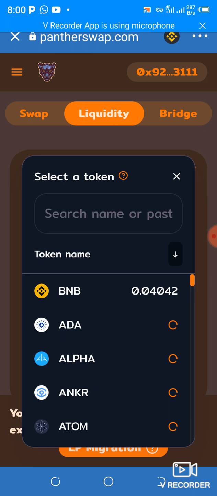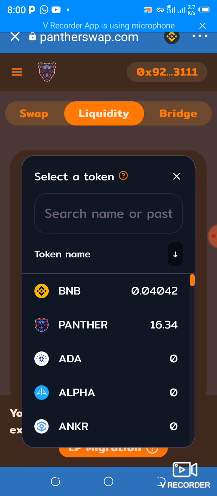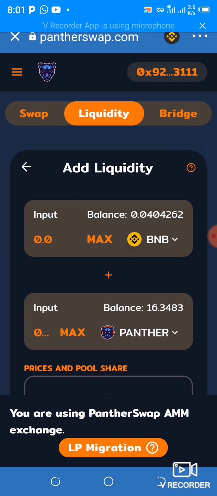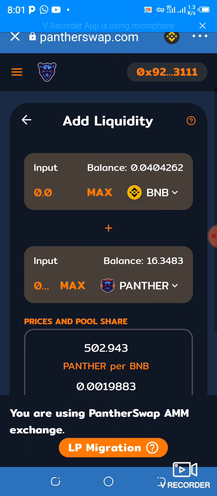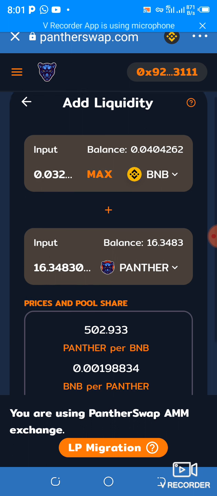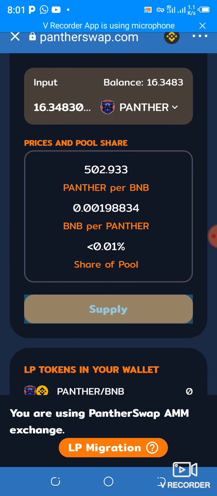So under here input, I choose the currency, I choose Panther. So I'm going to use my maximum Panther I have in the wallet, which is 16. So I click on Panther maximum, and then it will provide me with an equivalent number of BNB that I'll require. So in my wallet I'm having 0.04 BNB, so I'll only need 0.032 BNB. So after doing that, I click on supply,